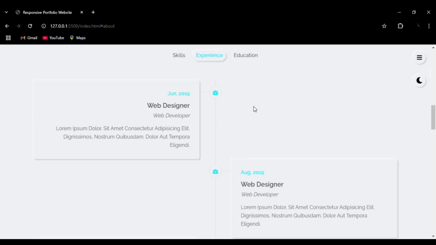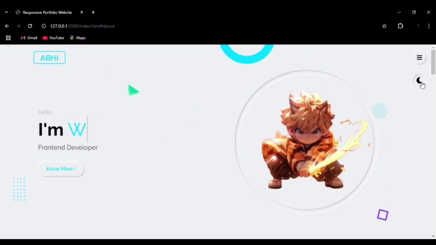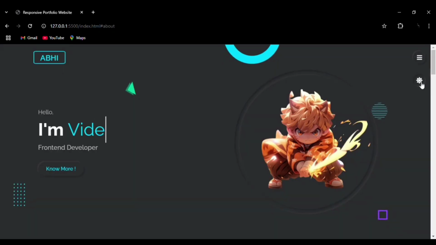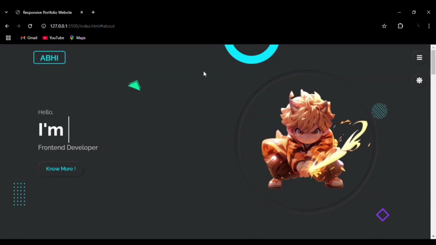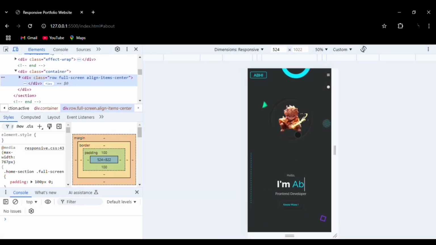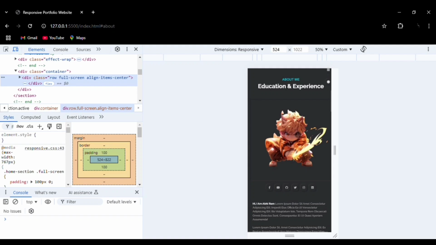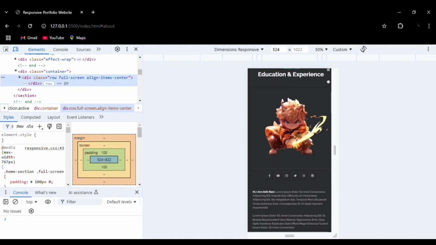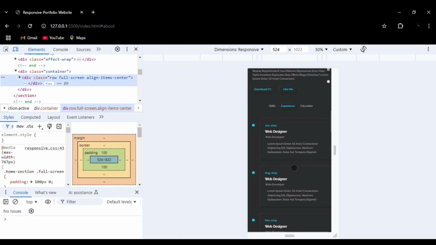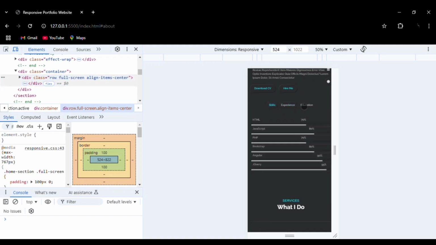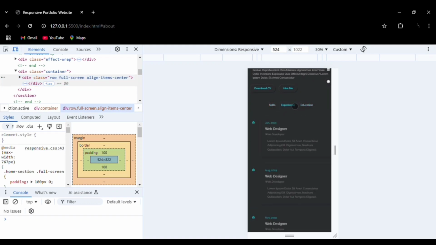You can change that to light and dark mode by clicking on the same button. You can switch between light and dark mode. The website is entirely responsive, that is, it is also available in mobile as well as in tab version. You can see this is the mobile version of the website. You can see the smooth transition effect and how everything is aligned perfectly based on the size of